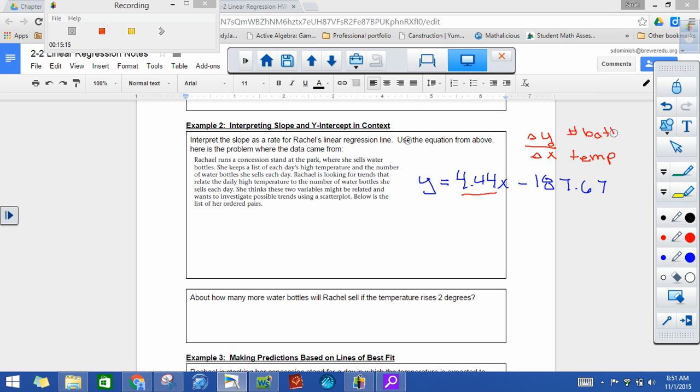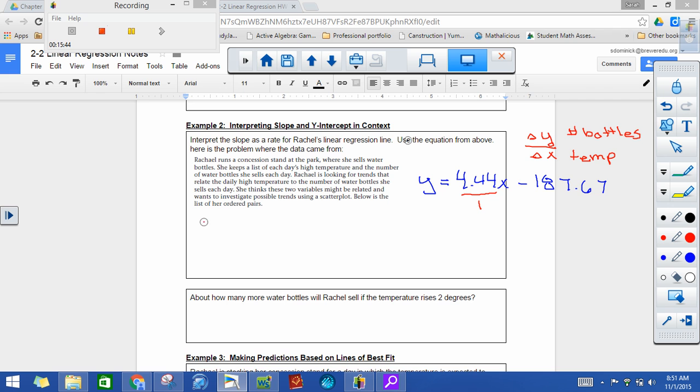So when they ask you to interpret this, you just kind of put this number in for this equation. And all I mean by that is take the number they've given you and put a 1 on the bottom. That's how you make something into a fraction. So if this 4.44 is the change in y, or the number of bottles, this would mean that